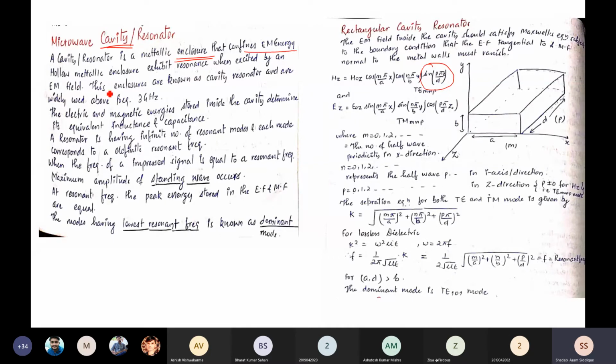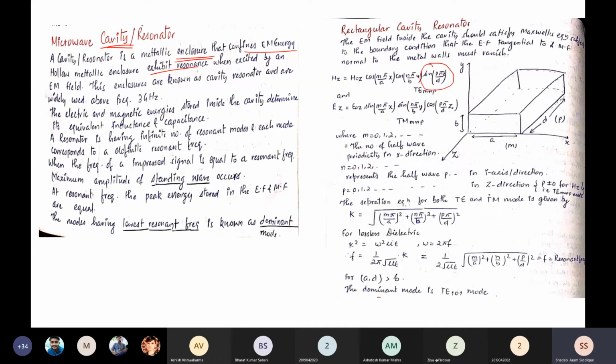Resonance means a kind of resonating wave is there inside this structure. Such enclosures are known as a cavity